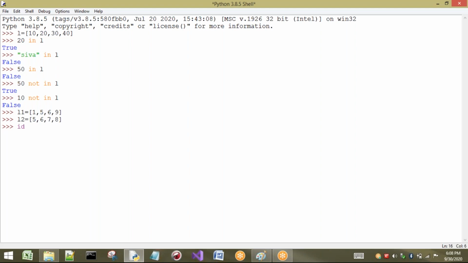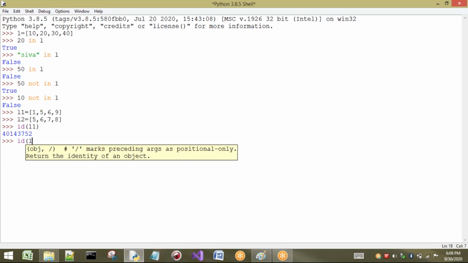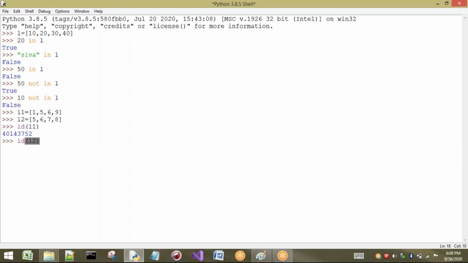Before that, I want to use IDs. ID is nothing but identity. ID of L1 is going to give me some address, and ID of L2 gives the identity of L2. See, these two are different.